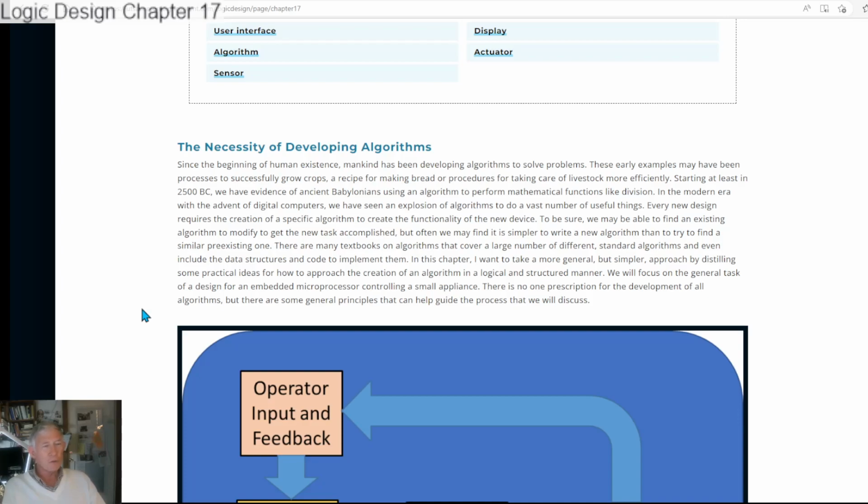Because some of those stones were very difficult to imagine that they could actually lift them to the heights they had to lift them. So every new design requires an algorithm, and often one that has to be modified or newly developed to get